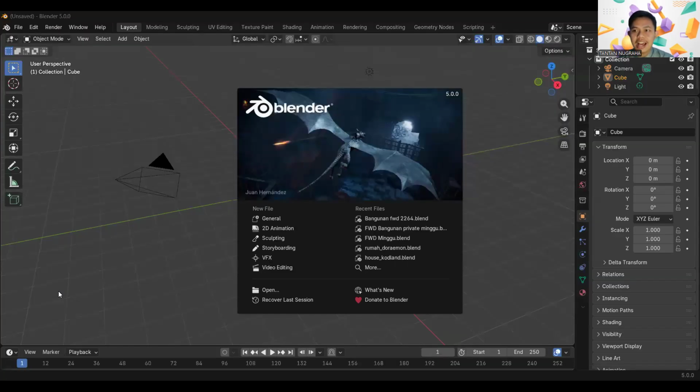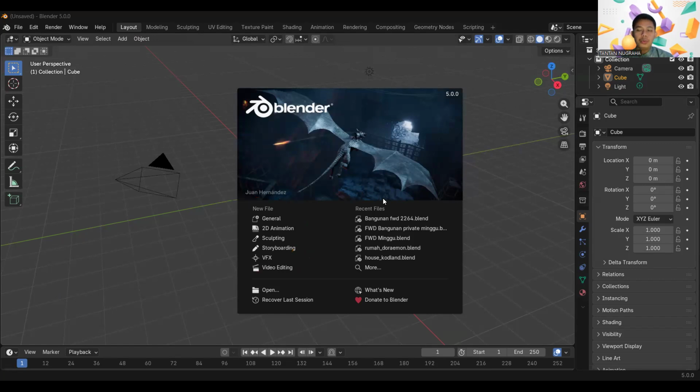When we click the Blender icon, first I can view this box. In this box, we can create a new file. The types of file are general, 2D animation, sculpting, storyboard, visual effect, and video editing.